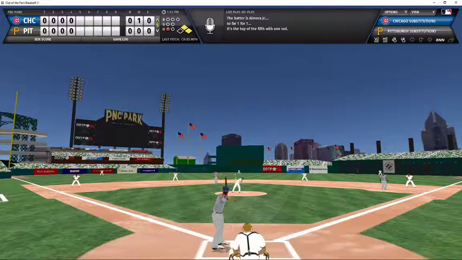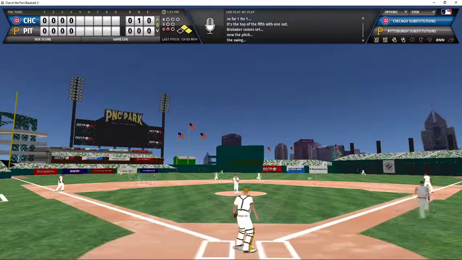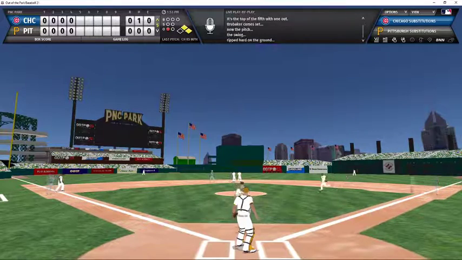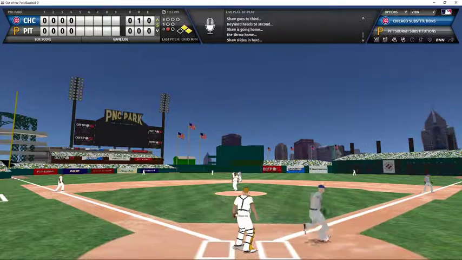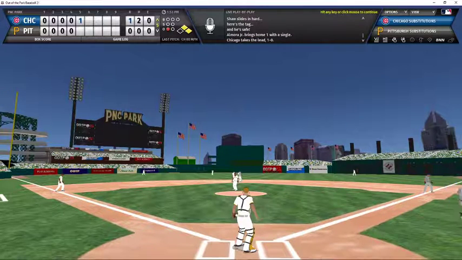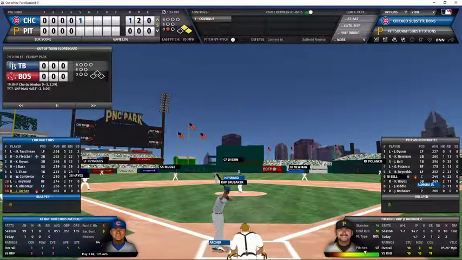First pitch to Almora. And that's a single up the middle. Almora is going to drive in a run. The runner on third, Shaw, he comes all the way around to home. He slides in safely. Hayward stops at second. Almora has an RBI single. The Cubs have broken the tie here in the top of the 5th inning. It is now 1-0 Cubs, and the pitcher Archer is going to bat with 1 out, runners on first and